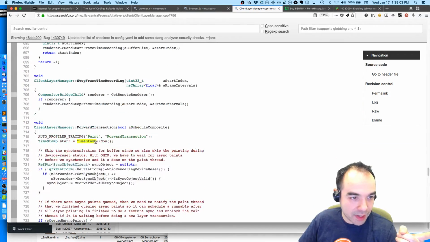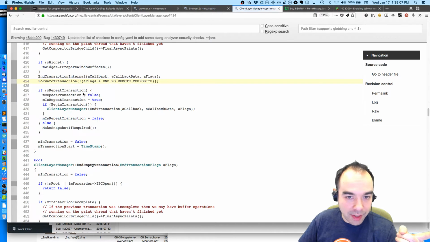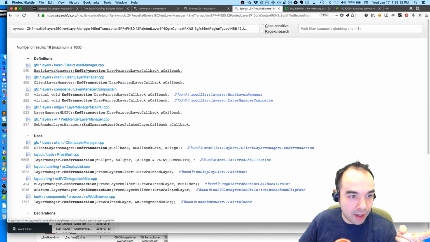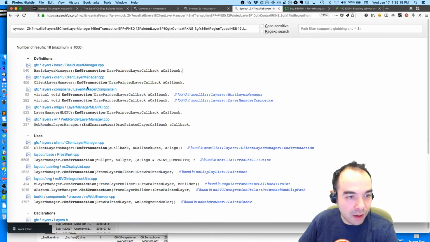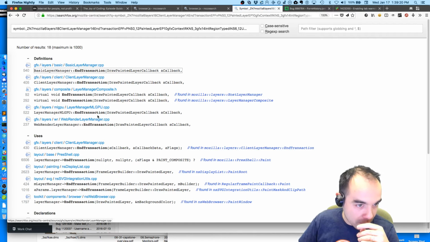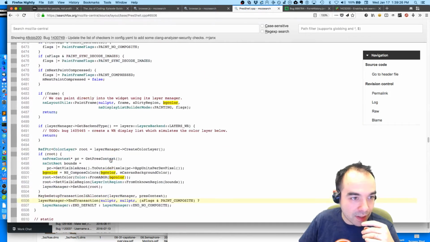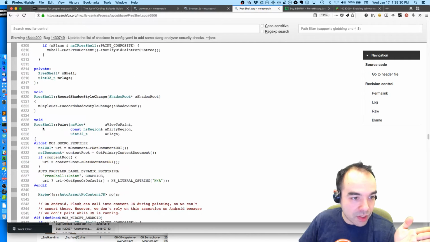And forward transaction is called by end transaction, the client layer manager, and end transaction is called by something. And end transaction, the layer manager, we're going to call end transaction after we're done inside something called pres shell paint.